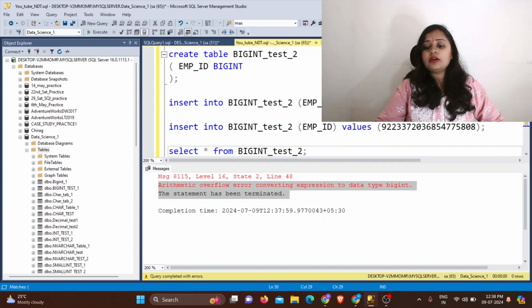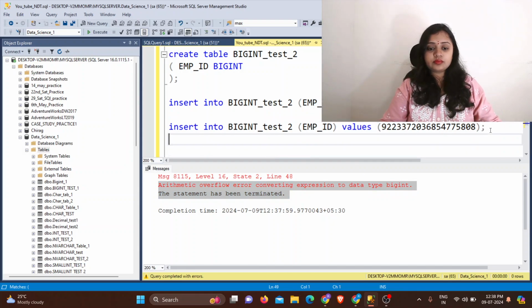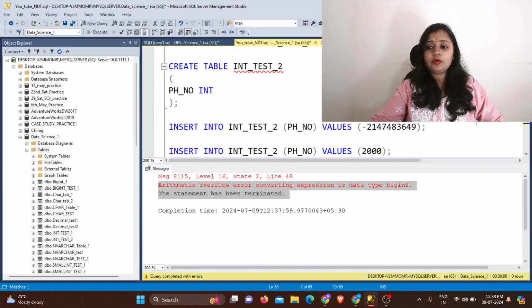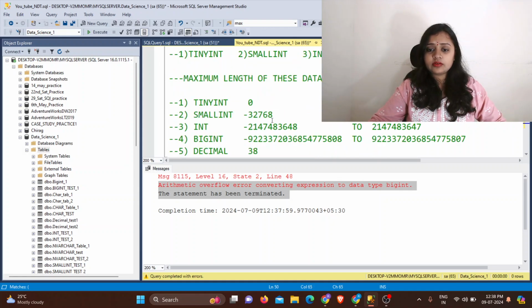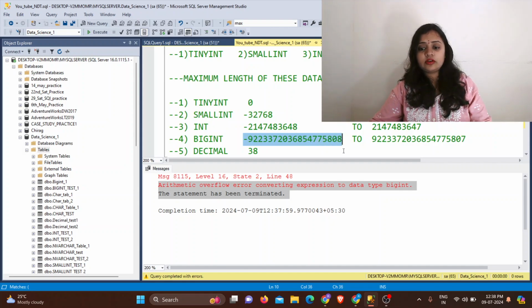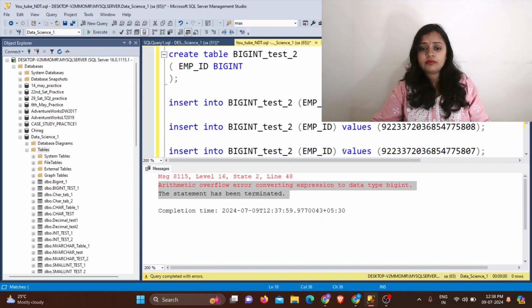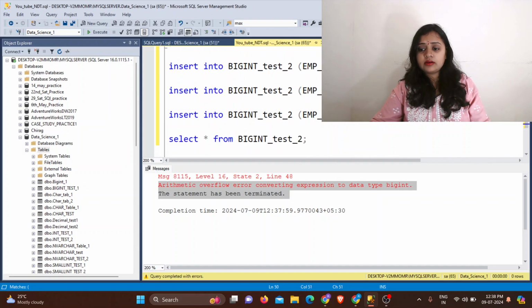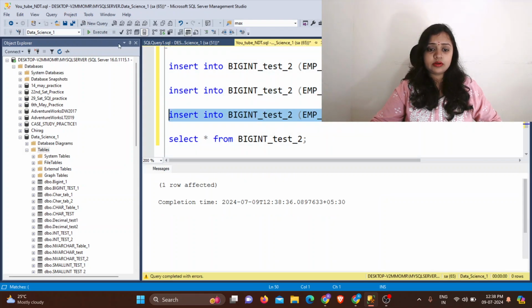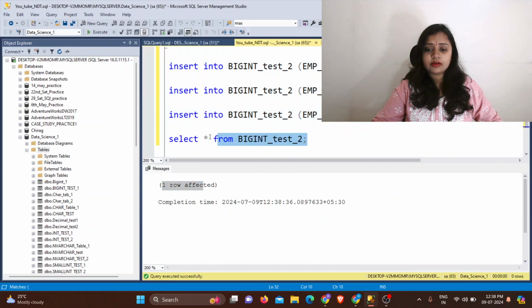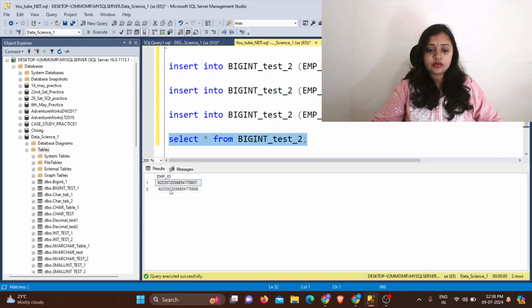Now if you try to put this number, starting from this, -9223372036854775808. Control C and put this number where it is, and Control V. We will try to insert this number and execute. See, one row affected, which means it is successfully inserted into the table. Now I will change it by one number.